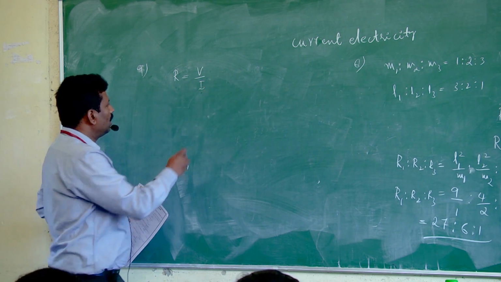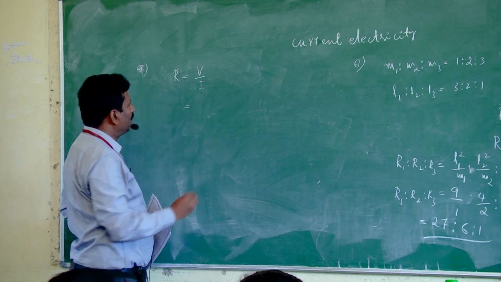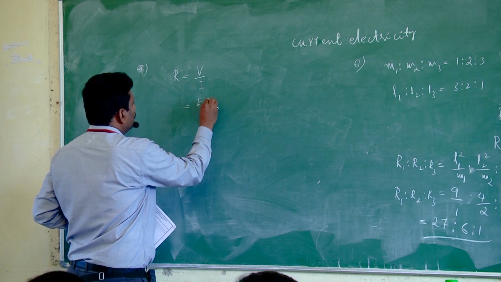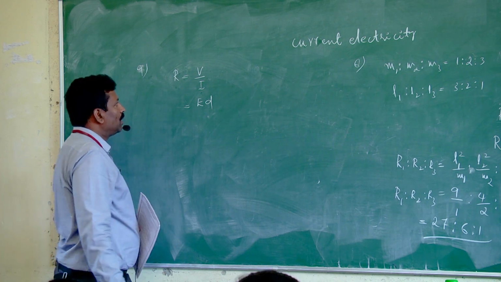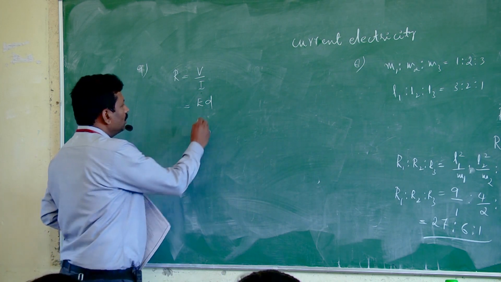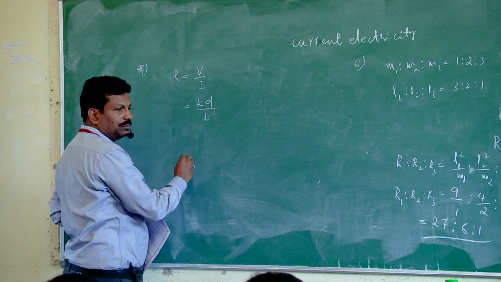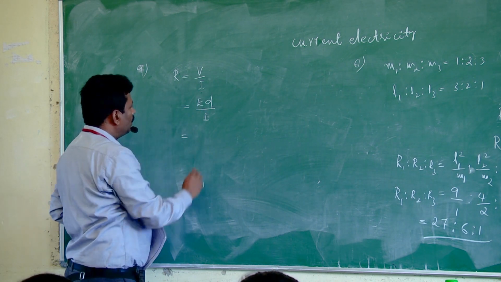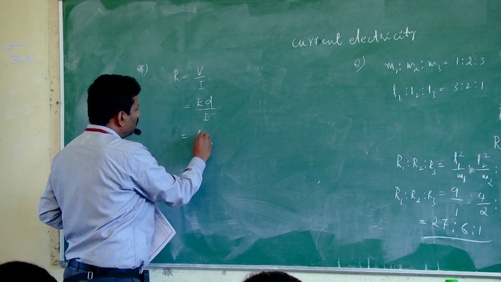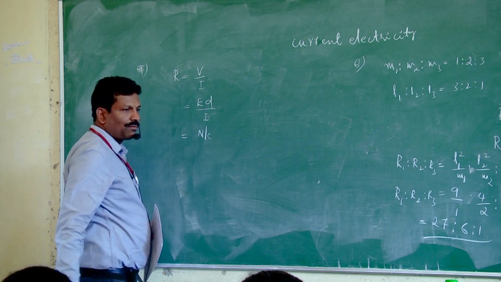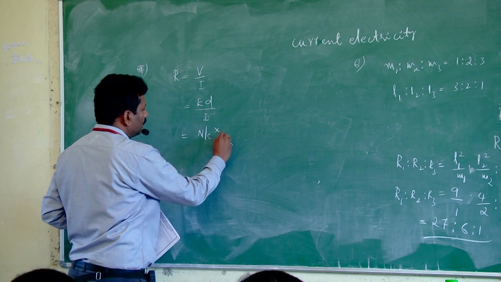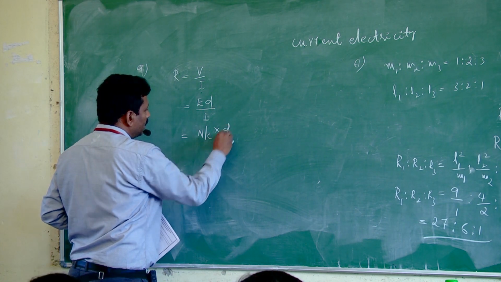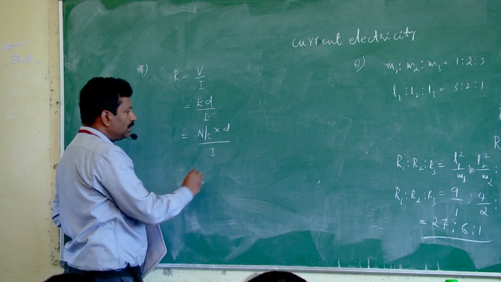Correct? So the potential difference we can also write as E into D, because E is equal to V by D. Right? This is I. Okay, so this will be E, and it is Newton per coulomb. Into distance D by I. Right? So it is